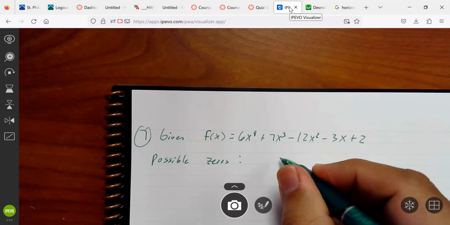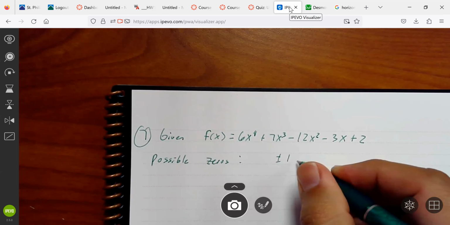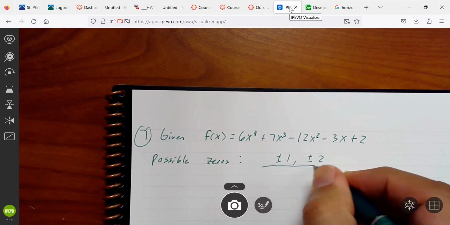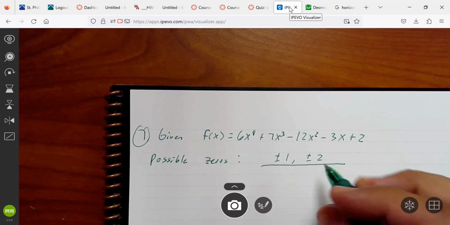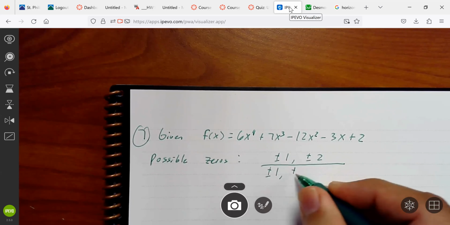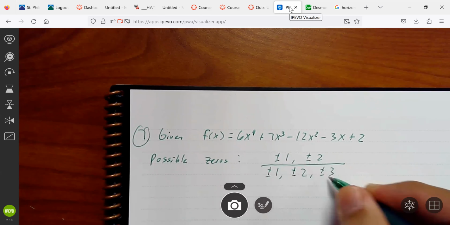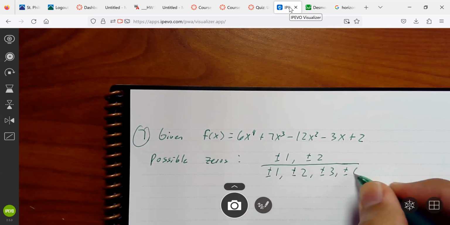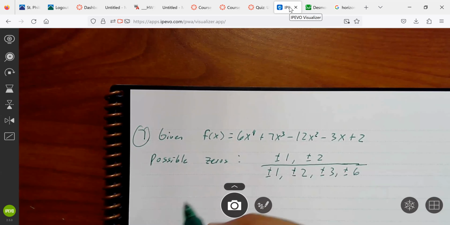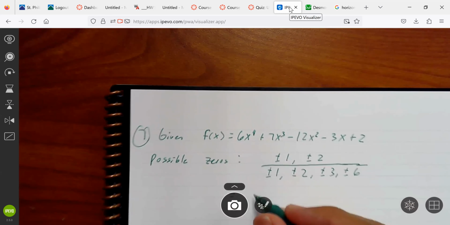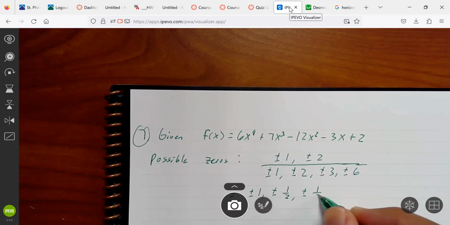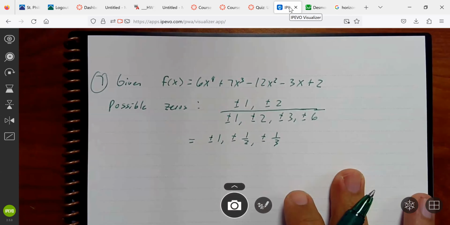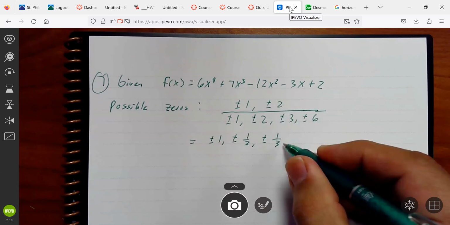So plus or minus 1, plus or minus 2 over the factors of the leading coefficient, plus or minus 1, plus or minus 2, plus or minus 3, plus or minus 6. So they would be 1, 1/2, 1/3, 1/6,